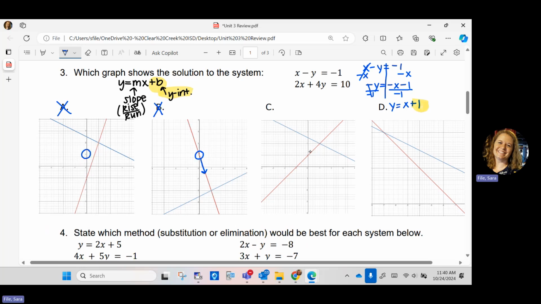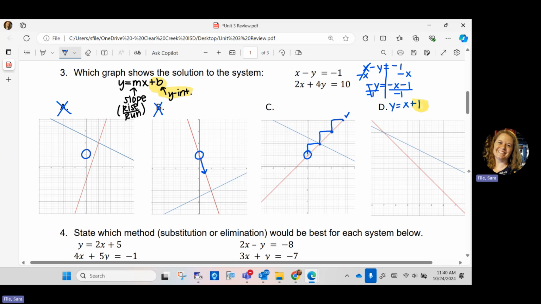Okay, this one has a y-intercept at 1. That's good. And then it should have a slope of 1. So up 1 over 1. So this one checks out for the first line. That one has the first line graphed correctly. That's a good sign. And then this one over here,